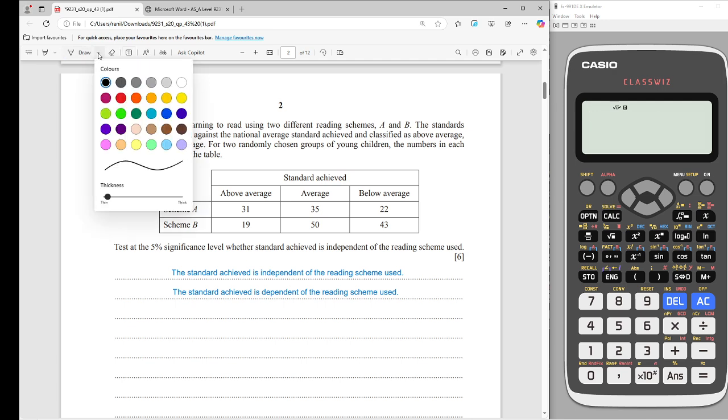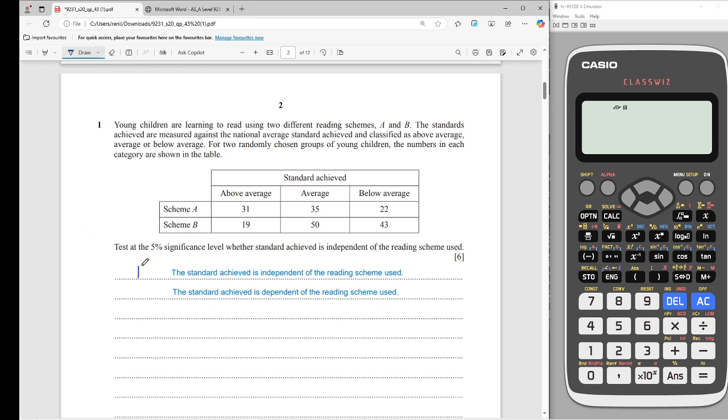So we can write the null hypothesis, which is represented with H0. H1 is going to be the alternative hypothesis. Okay, so we have to write it like this. The second step is to calculate